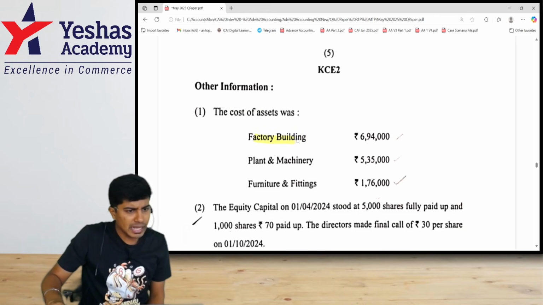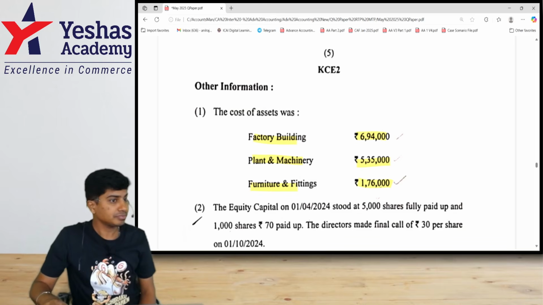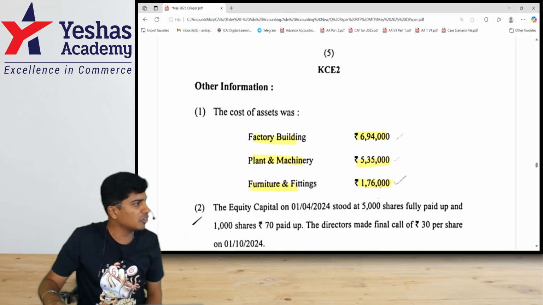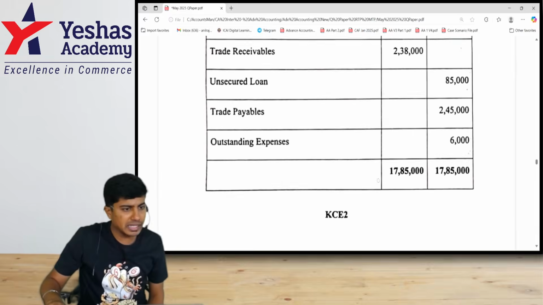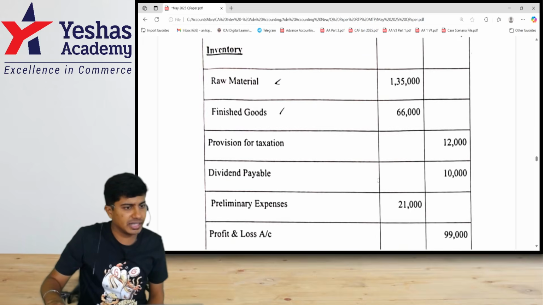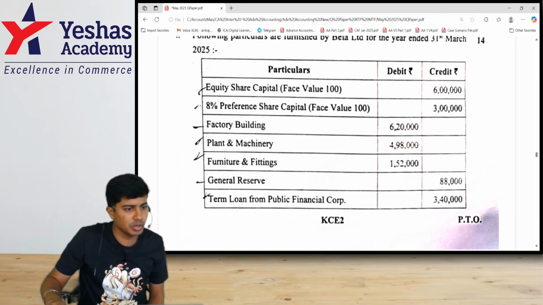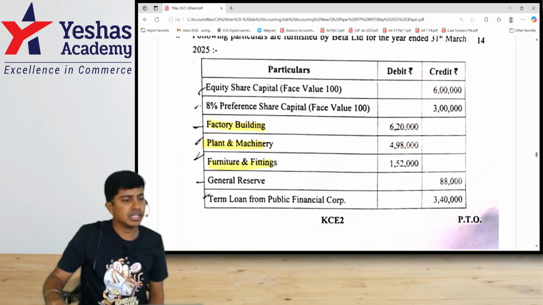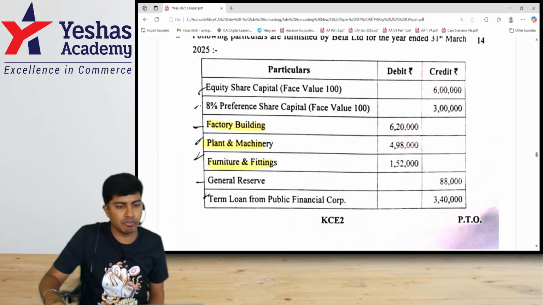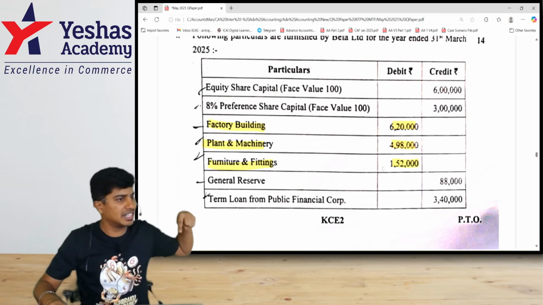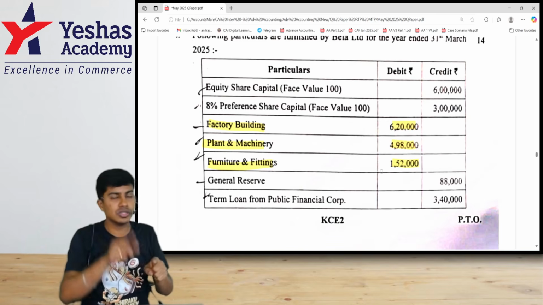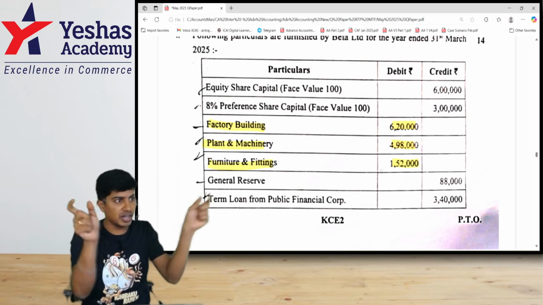So this data of factory building, plant and machinery, furniture and fittings of 694, 535 and 176 is only for the purpose of disclosure. So I'll make a marking here next to my assets saying that they have an adjustment and we need to disclose more information. This is with regard to factory building, plant and machinery, furniture and fittings. What is available here, 620, 498 and 152, is WDV. What is available in the adjustment is cost. I'll open notes to accounts, write cost and WDV. Difference will become our